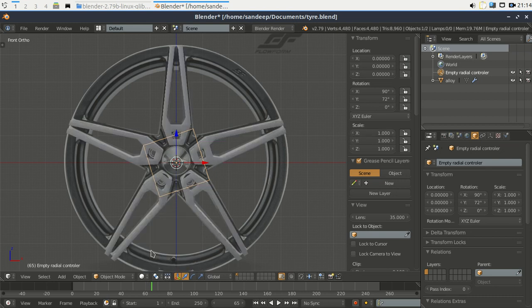And keeping it in object view, you can see here, change the Y rotation to 72 degrees, the unit is degrees,